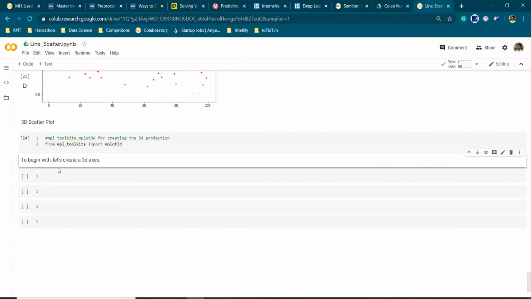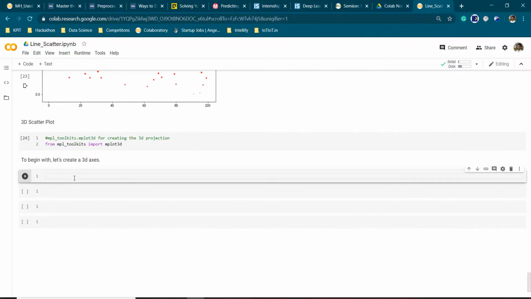So let us begin by creating a 3D axis and see how we can visualize it. So the function is plt.axes and the parameter is projection equals 3d.